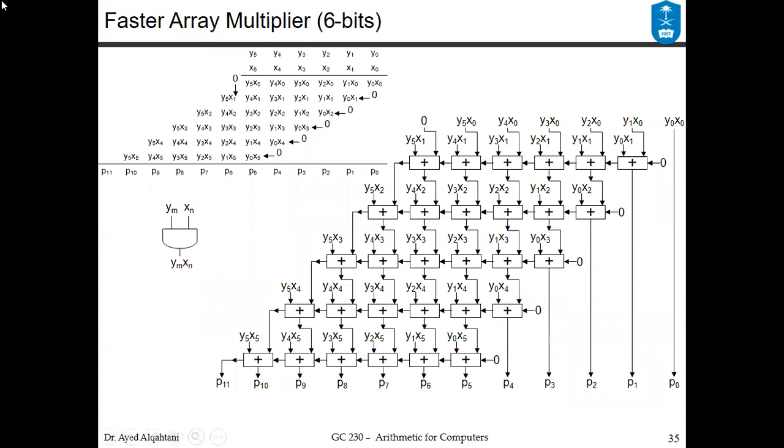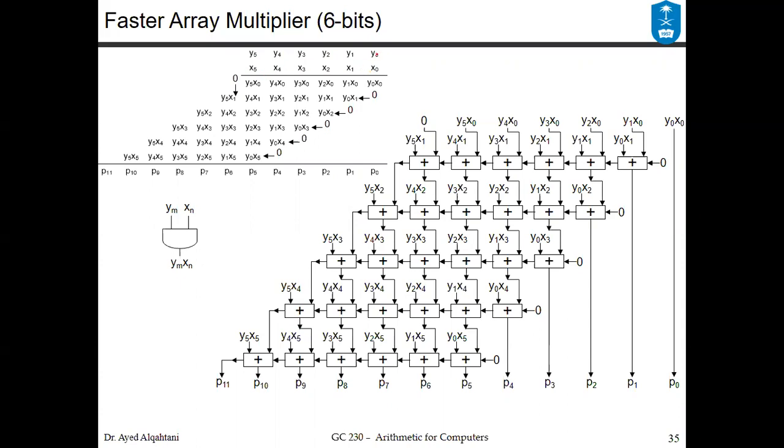Now, the previous two hardwares are doing shift and add operation to do the multiplication. So it is shift and add that needs many cycles to finish. There are faster array multipliers. Now here's an example of a 6-bit array multiplication where you have 2